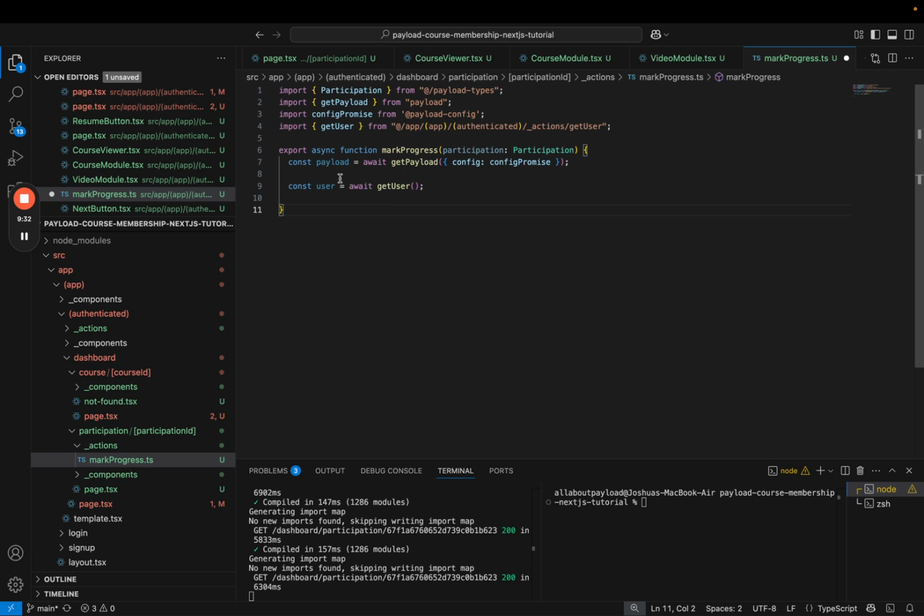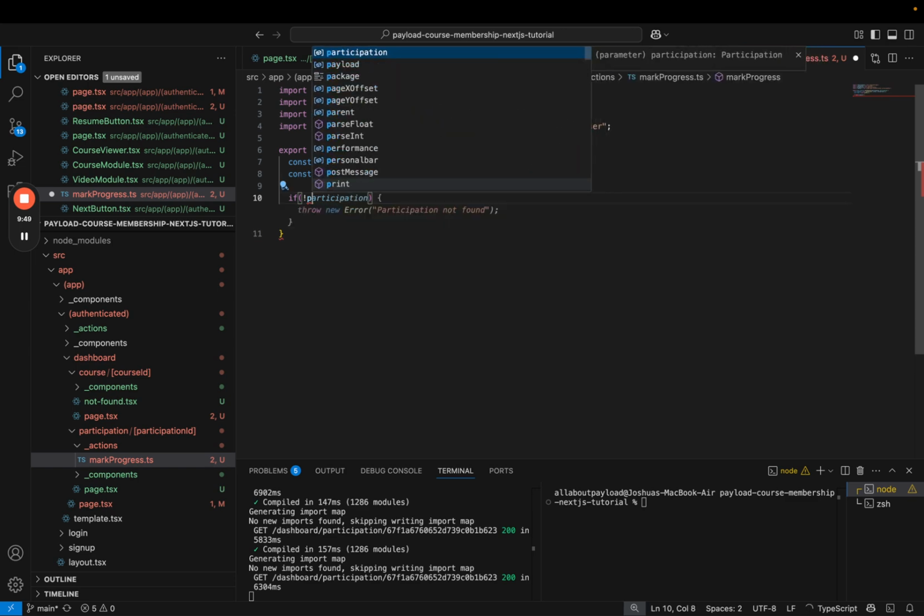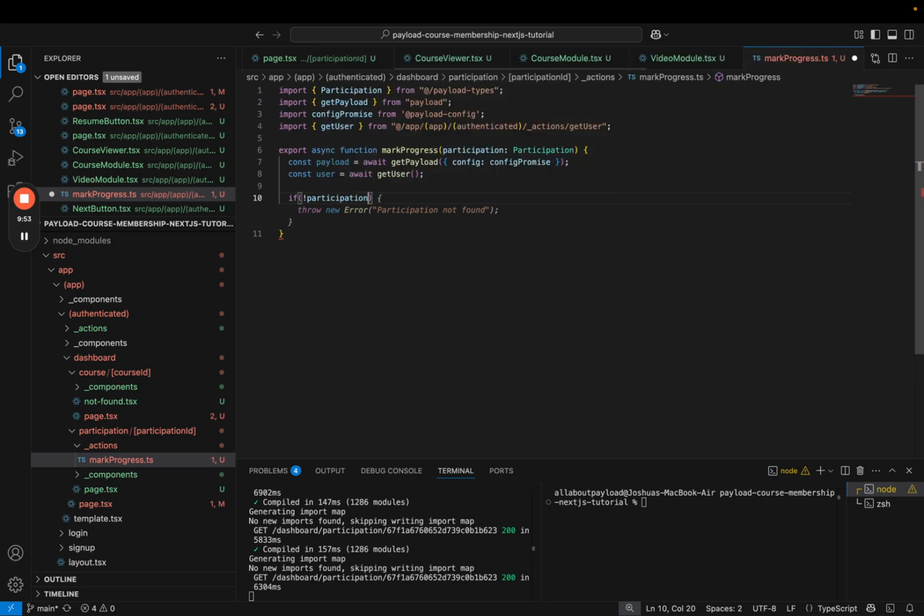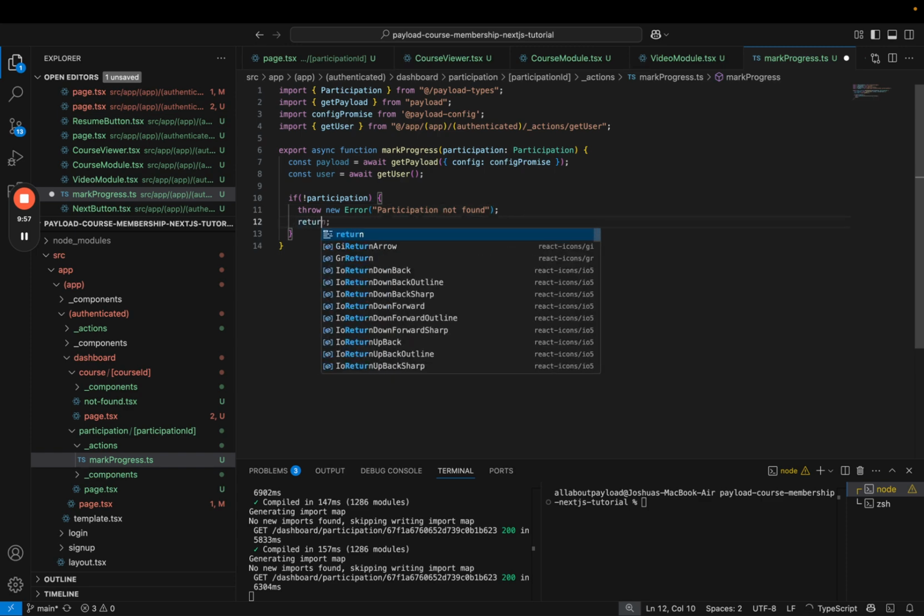In here, we first want to check if our participation object exists and if it has a progress number. So if not participation, we're going to throw an error and return null,